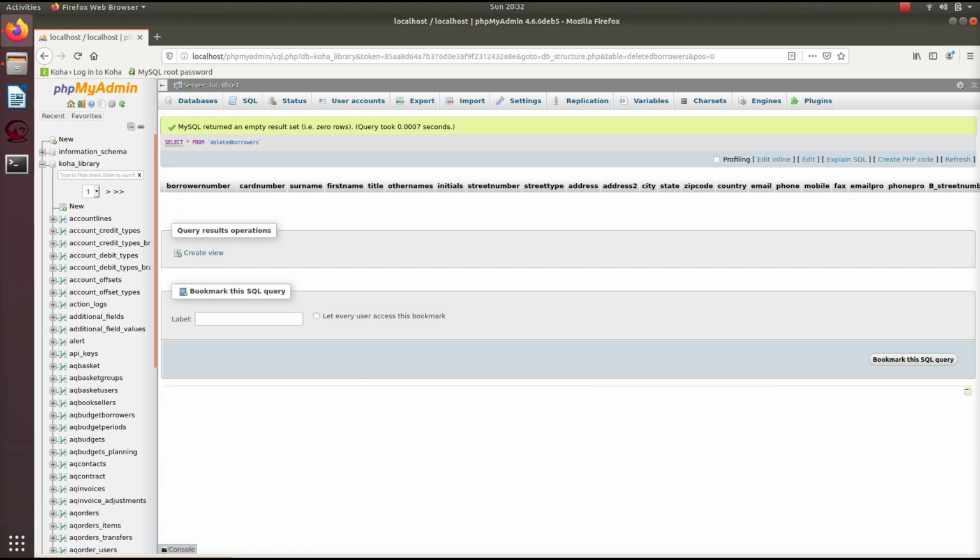So this is the second, easy method you can use to delete a particular ID from a table of the Koha_library database. I hope I have been able to make you understand how you can delete the ID from the different tables in the Koha_library database.